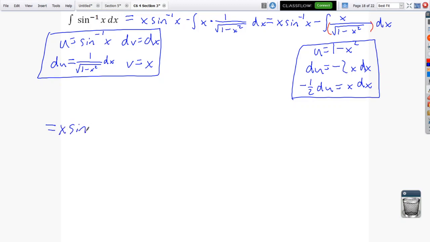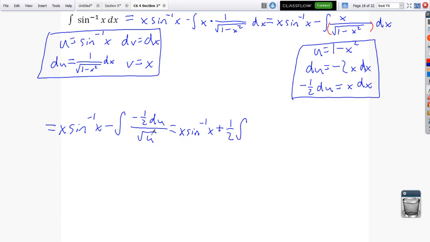x arcsine of x minus the integral of, instead of x dx, I've got negative 1/2 du over the square root of u. Well, now I see that that has one variable in it, making this a little bit more integrable, where I can see what the integral is. Again, that first term, I'm done with it, so I'm just copying it over. I can move this negative 1/2 out from it. So now this becomes plus 1/2